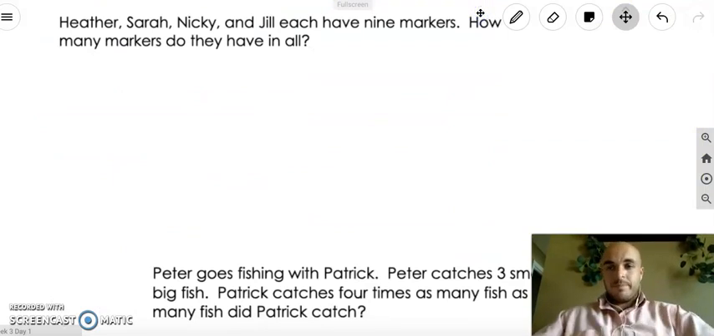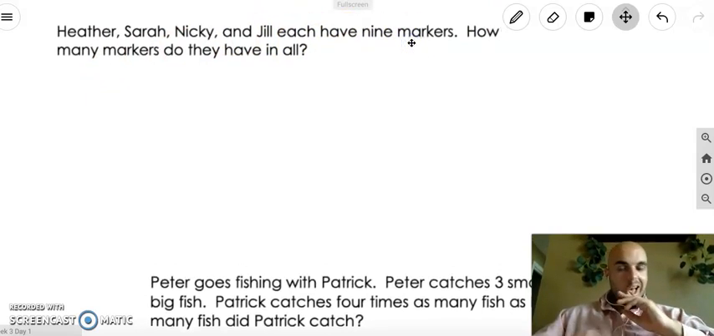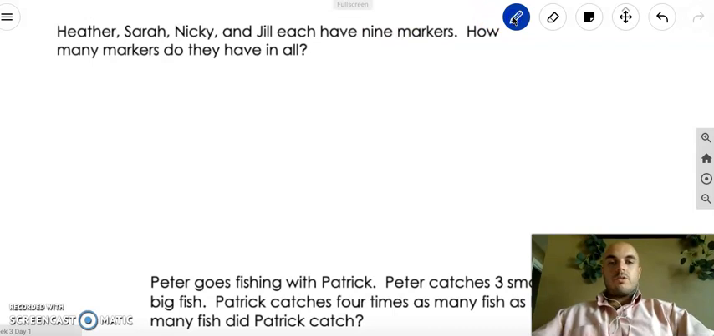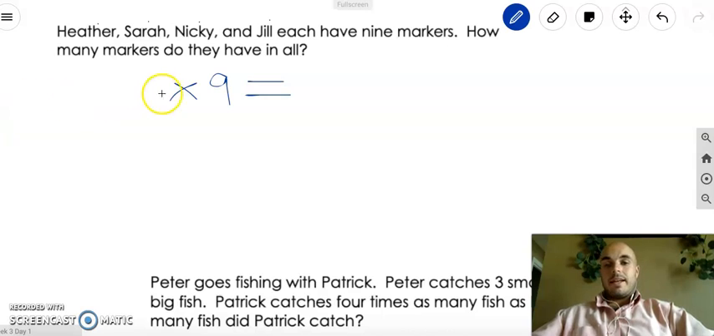So Heather, Sarah, Nikki, and Jill each have 9 markers. How many markers do they have in all? So I need to do a multiplicative comparison here, so I'm going to be doing multiplication. And they each have 9 markers, right? Well, if I want to know how many that is, I need to see first how many people there are. I have 1, 2, 3, 4. And each one of these people, each group of 4 here, has 9 markers. So we're doing 4 times 9 to find the total number of markers. I know 4 times 9 to be 36